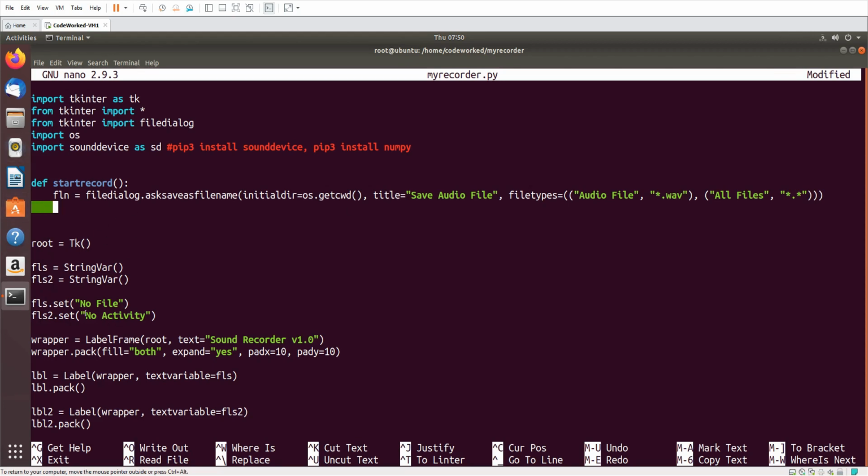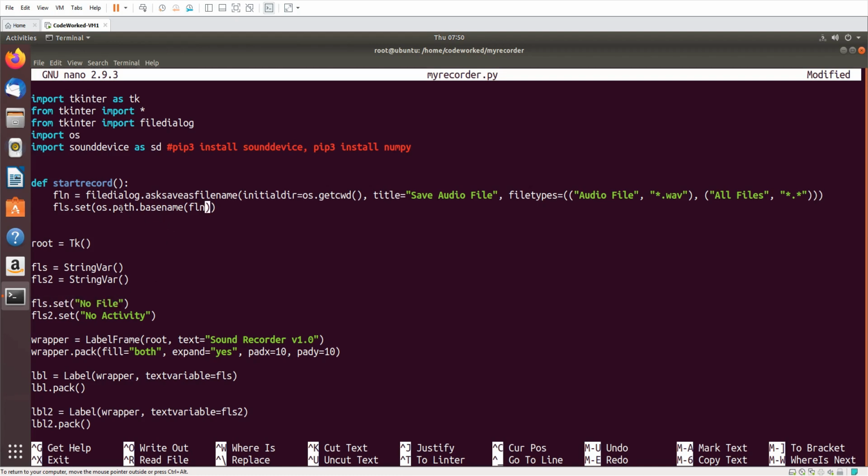Okay, now here I will set this fls label to the file name. So fls.set, here I will use os.path.basename(fln). This fln contains the full address to the file, but I need to show only the file name here in the first label.